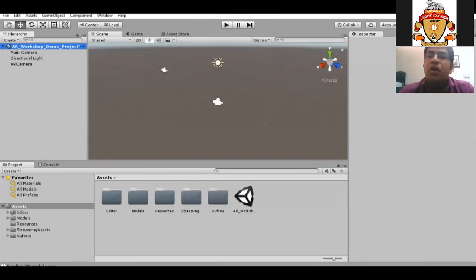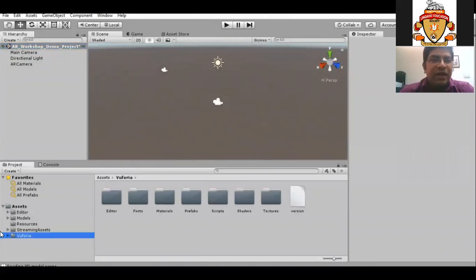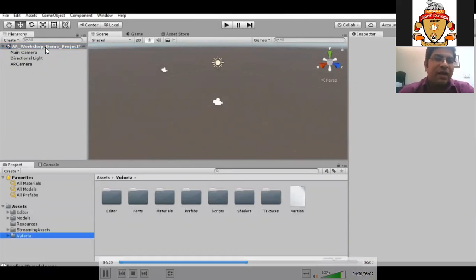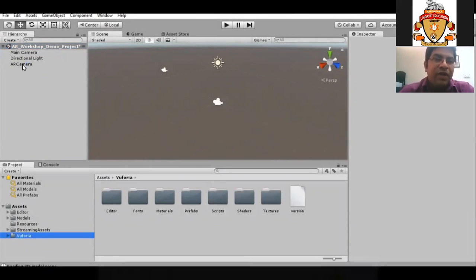Once the AR camera is imported, we will no longer require the main camera, because in this particular application, the computer will be using its own AR camera and not the main camera. So from the scene, we will delete the main camera. We don't need the main camera. We will use the AR camera.